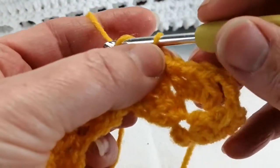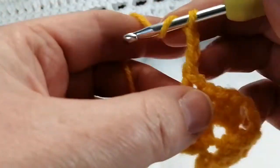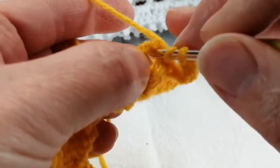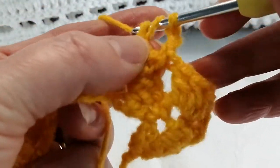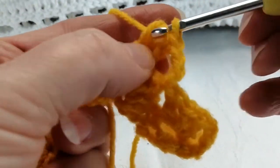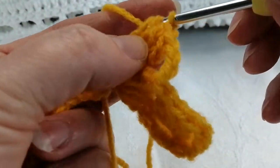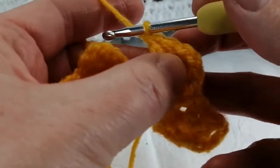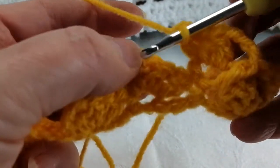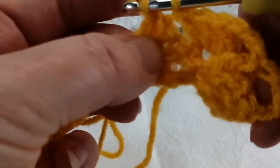Okay, again it's a chain 3, and again we're going to work 3 treble crochet stitches in underneath the chain of the previous row. So that's 1, that's 2, and that's 3. So then I like to think of it as pinning this shell down to make it a wave. Front post double crochet stitch,